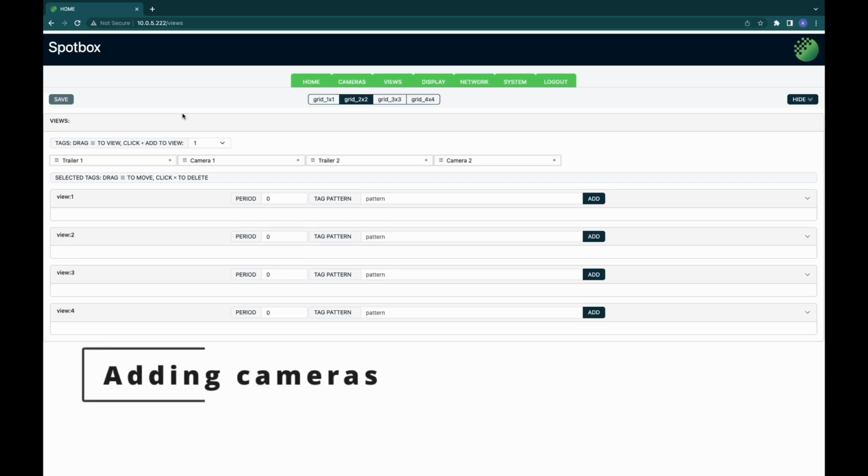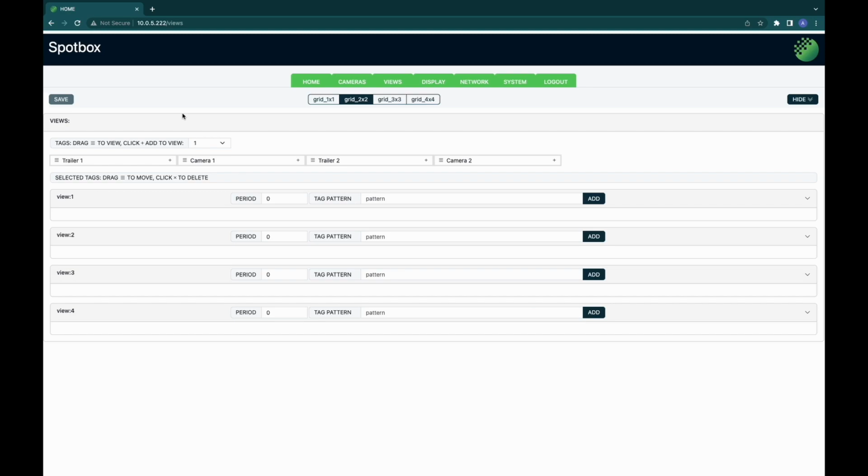Okay, so this video is just going to go through how to use the Views tab on the web page. At the top of the Views page, you can see a list of options saying grid 1x1, grid 2x2, etc. At the moment I have grid 2x2 selected, and all that means is I'm configuring the views for the 2x2 grid. So this is the view that was previewed in the home screen, and also I showed it in the